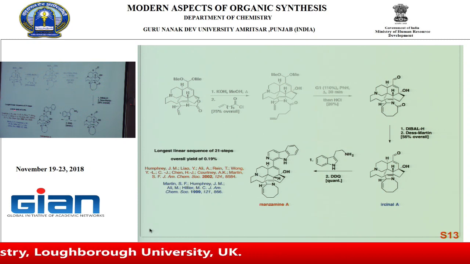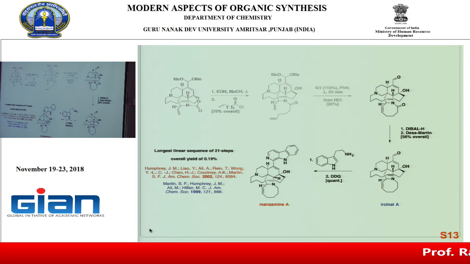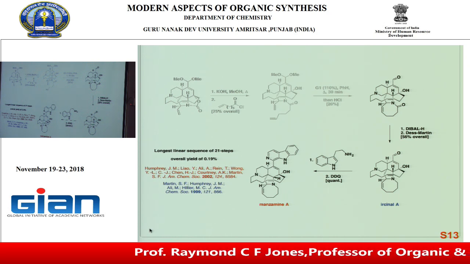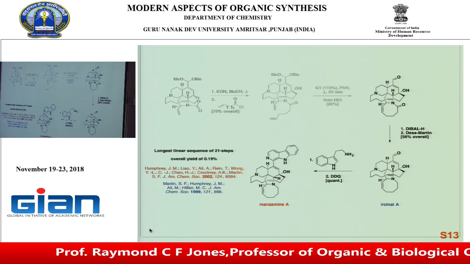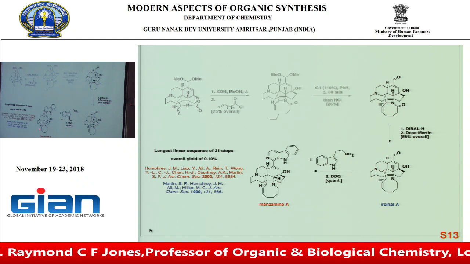It's a long sequence, admittedly. It's 21 steps, the longest linear sequence. The overall yield, if you calculate it based on things you can get out of the bottle, is 0.19%. But that's almost inevitable with a synthesis of this length and complexity. But it shows, I think, interestingly,